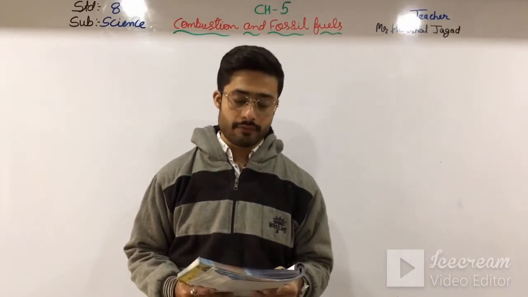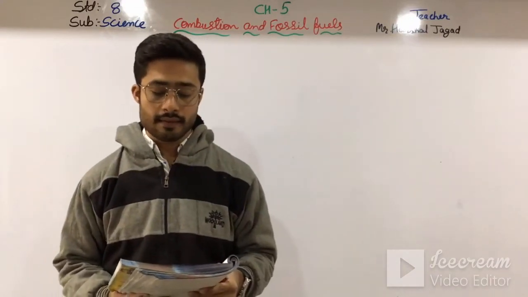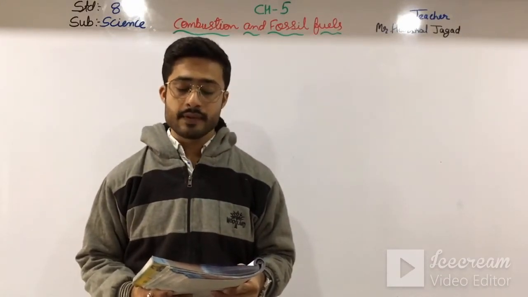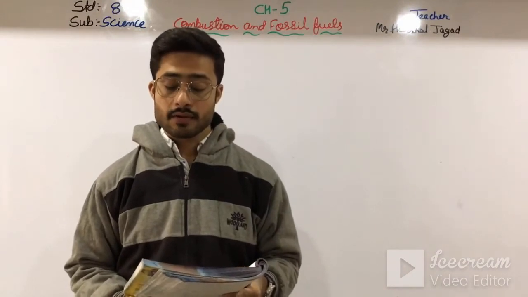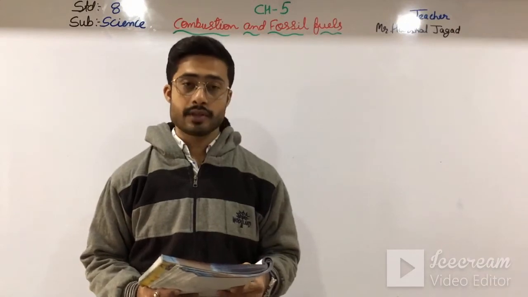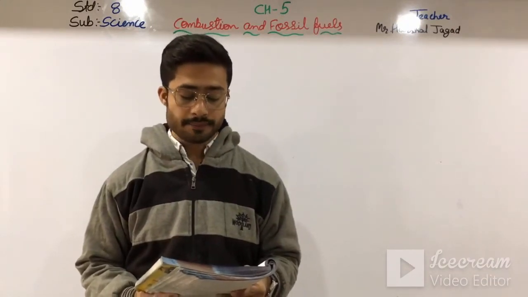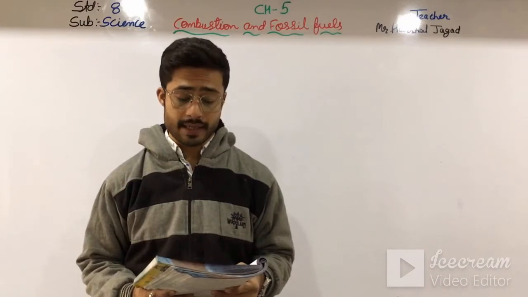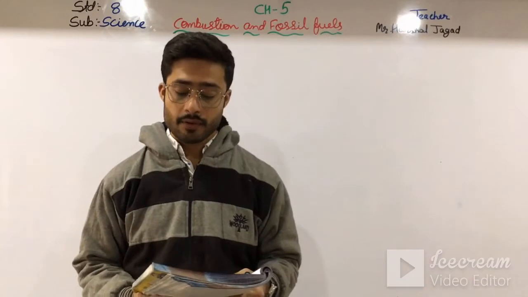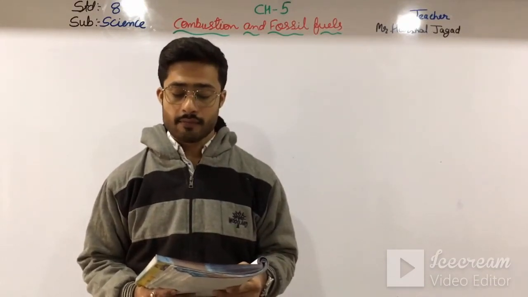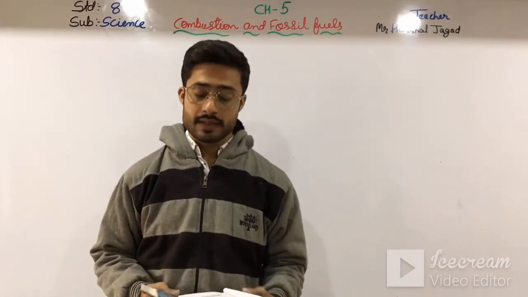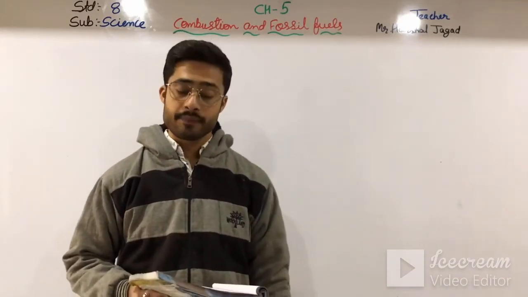The blue flame emits very little light and is therefore known as a non-luminous flame. The yellow flame emits a lot of light and is therefore known as the luminous flame. Its temperature is higher, its temperature is lower. No residue is left behind. The products of combustion are carbon dioxide and water. The products of combustion are a residue of black colored soot and also carbon monoxide and water. So this is the difference between blue flame and yellow flame.